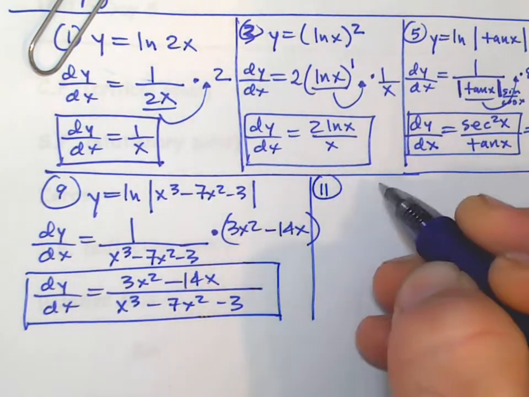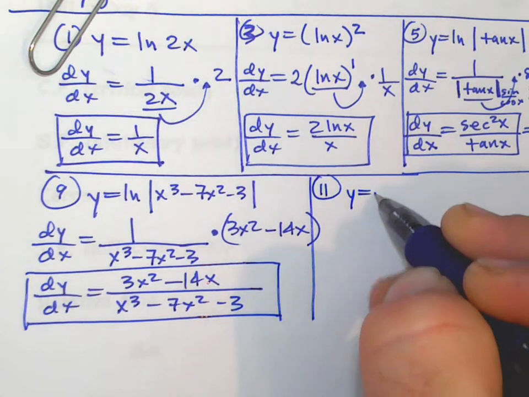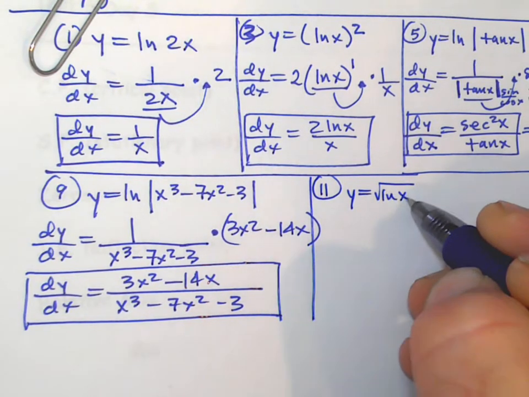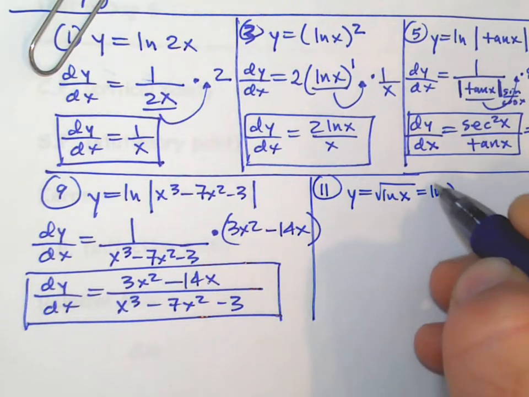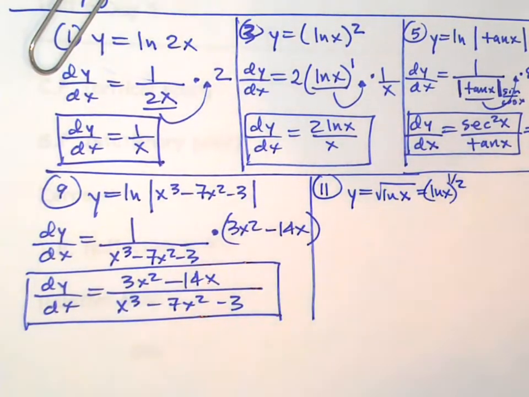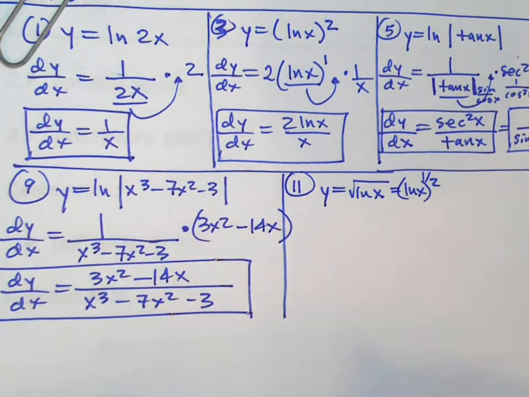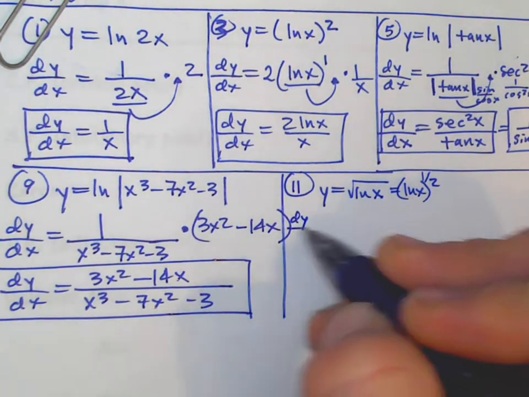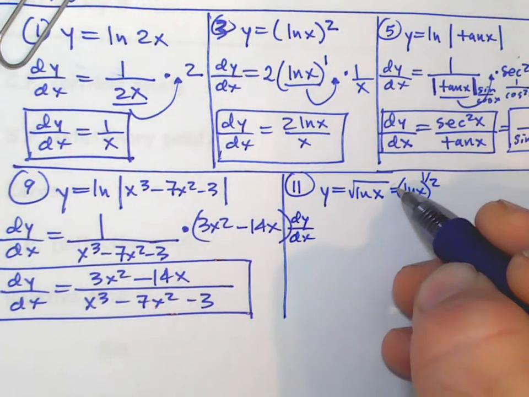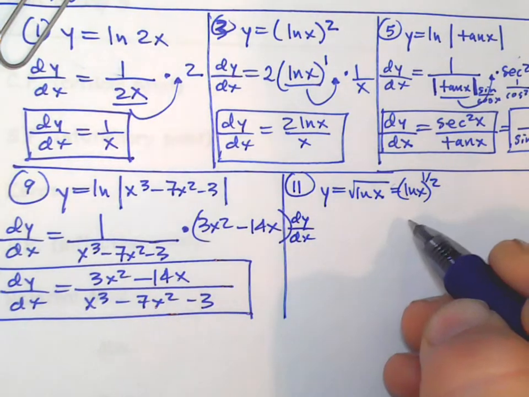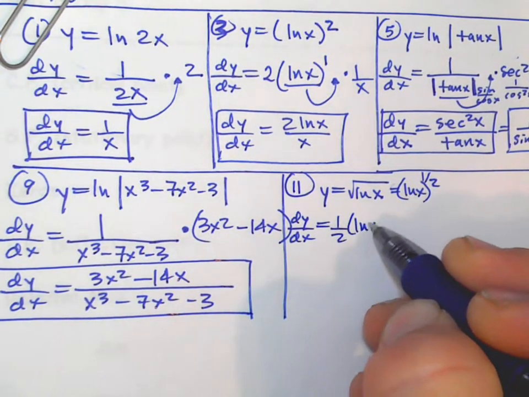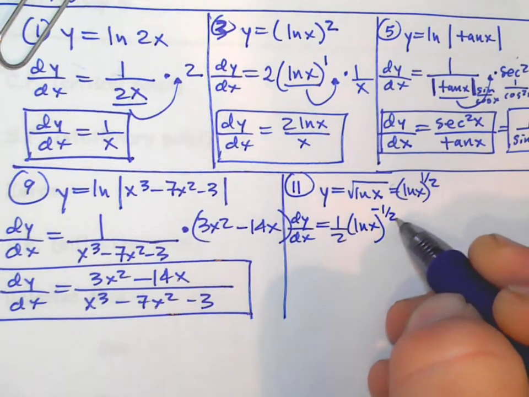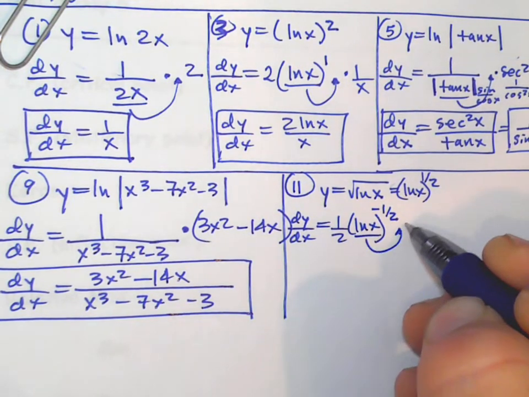Okay, 11, y equals the square root of the natural log of x, which I would rewrite as natural log of x to the 1/2 power, because square roots are rational exponents, and they're just power rules. So we got to take the derivative of what's outside first. You cannot move that in front. It's not on what's inside the log, it's on the whole thing. So 1/2, leave the inside the same, decrease it by 1, and then multiply by the derivative of what's inside,